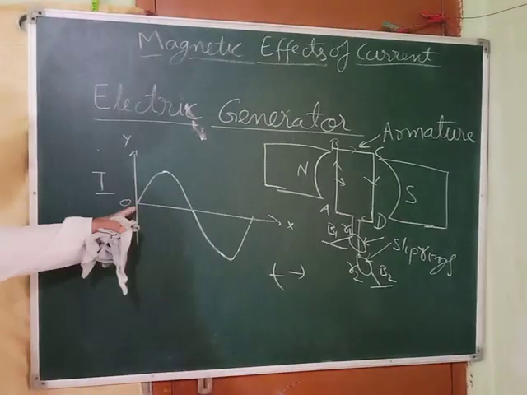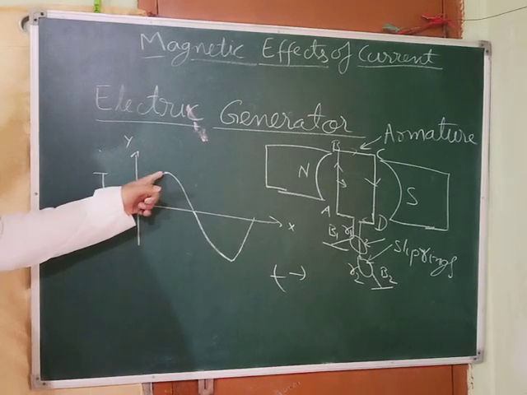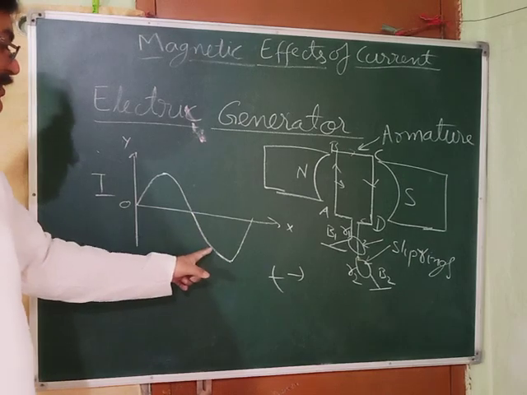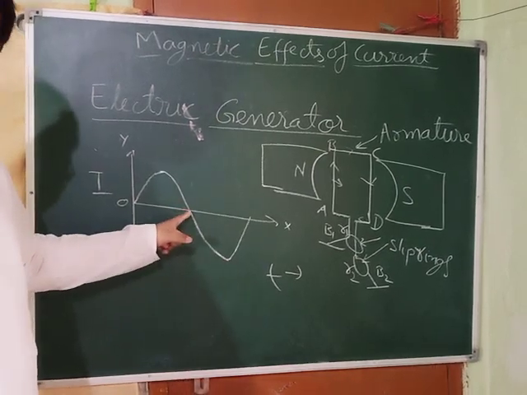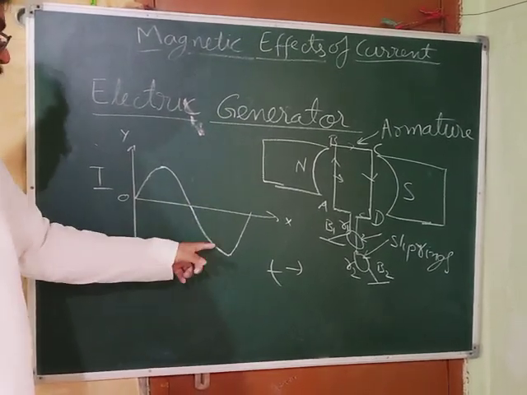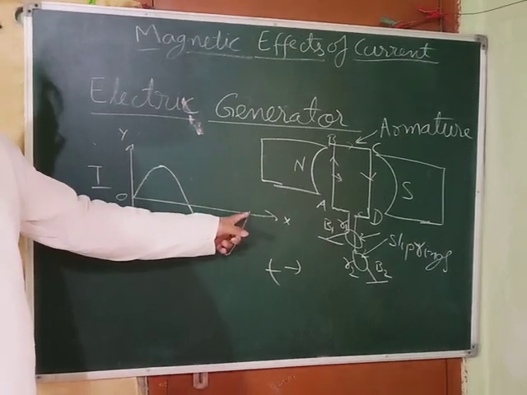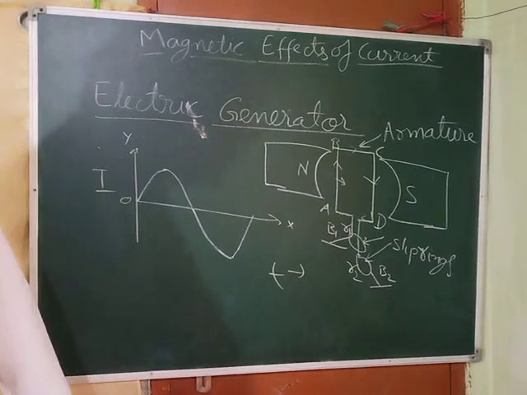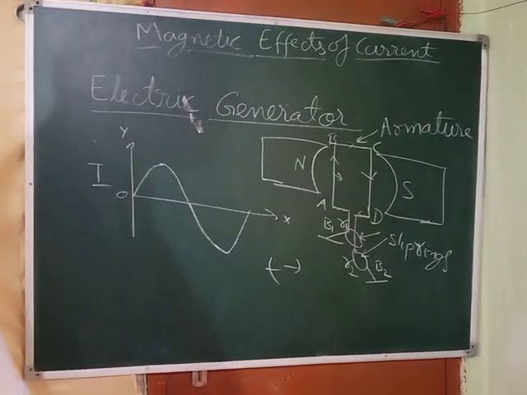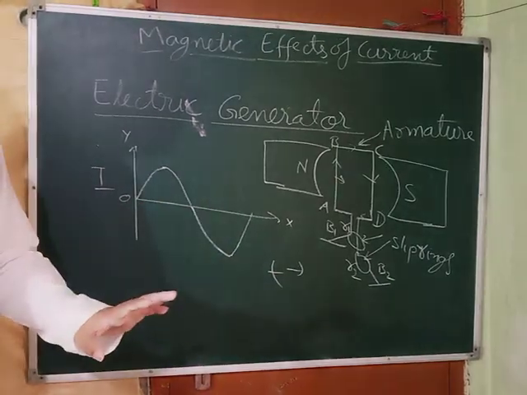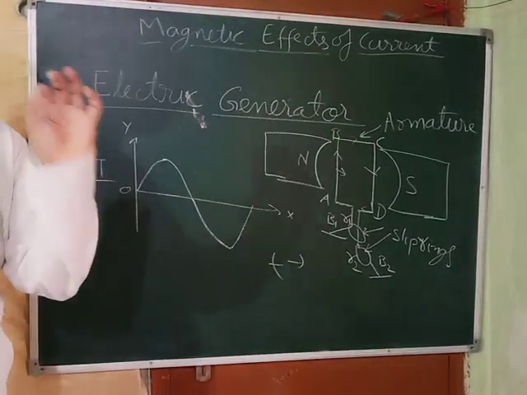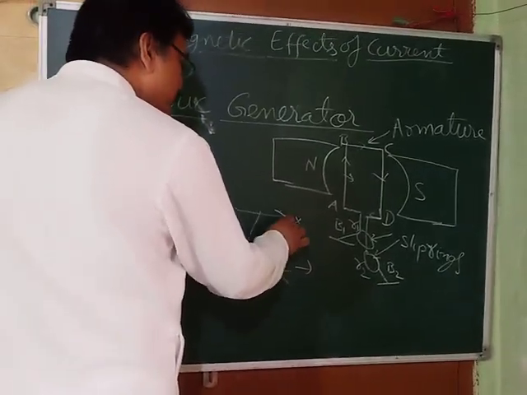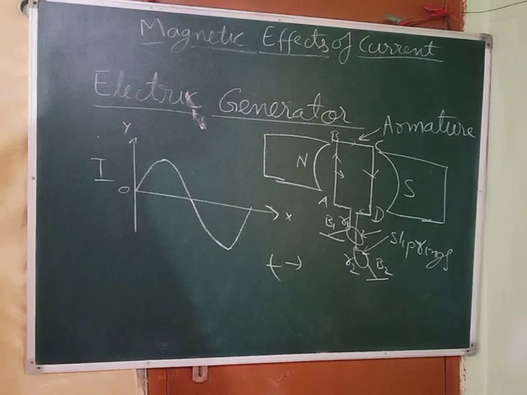Okay? See, started from zero, increases, becomes maximum, then decreases and becomes zero, and then again increases, changes the direction, okay? Because see, this is negative y-axis, becomes maximum, and decreases, becomes zero. So it is changing the direction. And this is AC current, because this is AC generator. AC current is not constant. It always changes its value at every point of time. Okay, so in this way, this is AC current. This keeps on fluctuating.